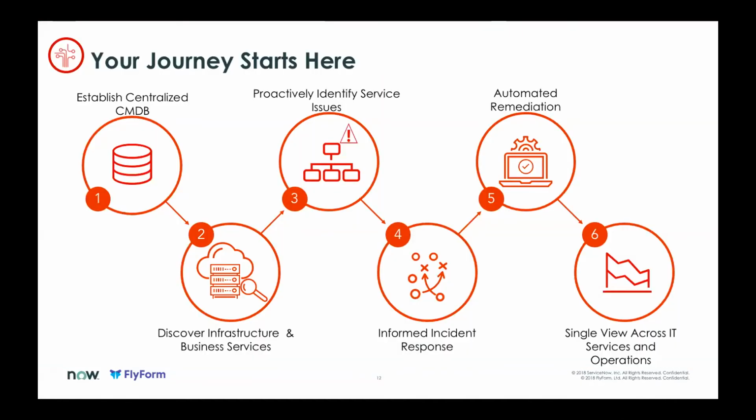And there's a journey you can go on to be able to do this. And this is a sort of journey that I tend to talk about quite a bit. So the first element we really talked about, so establish that centralized CMDB on ServiceNow, single system of record, everything can share it. And we're talking very much around IT today, but it's not just all about IT. So the CMDB can be used for security operations, it can be used for governance, risk and compliance. It can be used in many different areas, depending on how your business functions and the regulations that you need